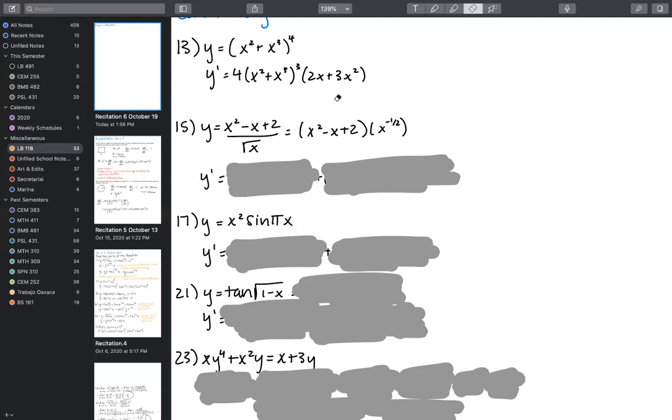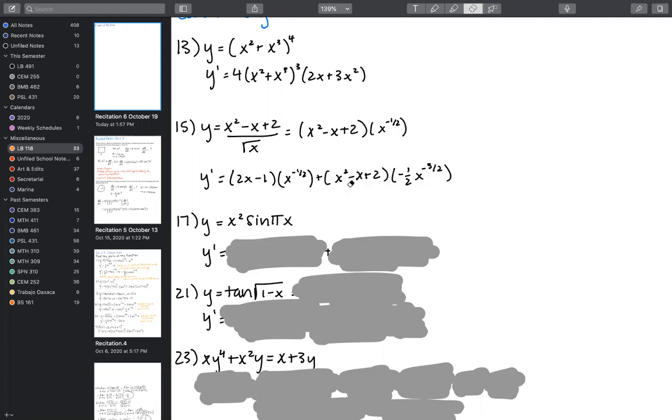If you don't want to cloud your mind and think about these other steps, you could just go straight to doing the quotient rule. That would be fine too, but you're still going to have to do this power manipulation in order to identify that this is actually x to the 1/2 in the denominator. And so when we bring it up to the numerator, it becomes x to the -1/2. And then we have two multiplying functions that we can do the product rule on. So it'll be the derivative of the first, power rule, 2x minus 1 is the constant in front of x, times the second, plus the first times the derivative of the second.